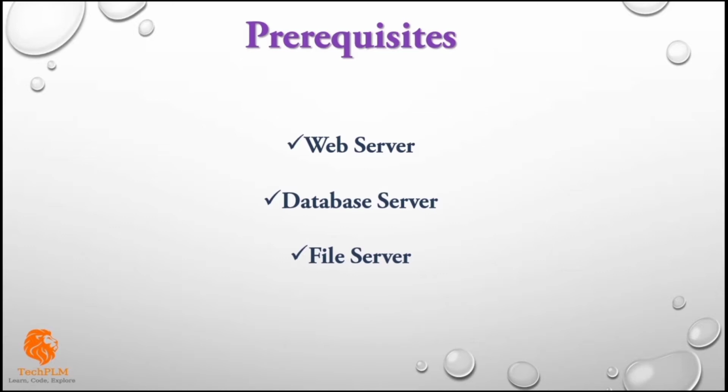The next is database server. Database server is the server where our actual data resides, where our actual data is stored, and we can perform various operations on the data, like fetching the data from the database, or we can delete that data, we can update the existing data, and we can perform other manipulation operations on data. So mostly in our client server architecture, backend is the term for database. The next is file server.